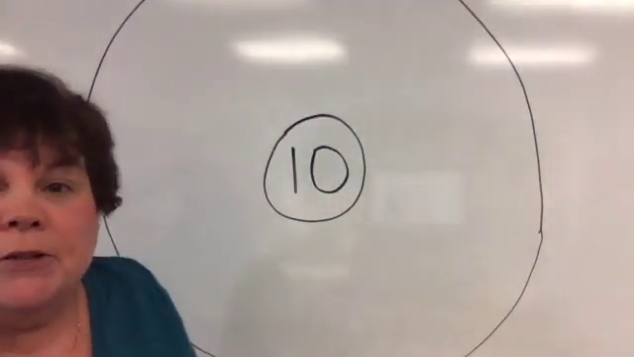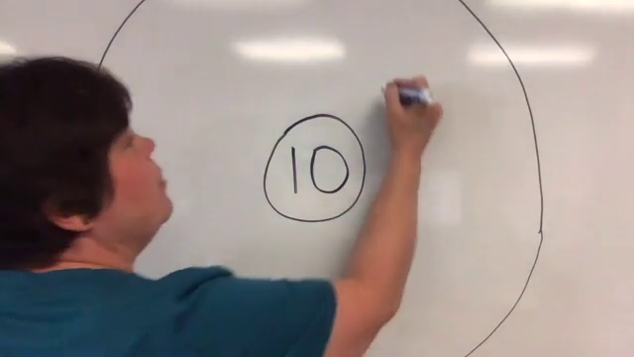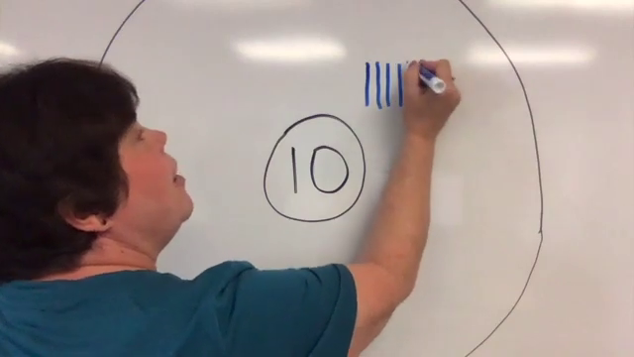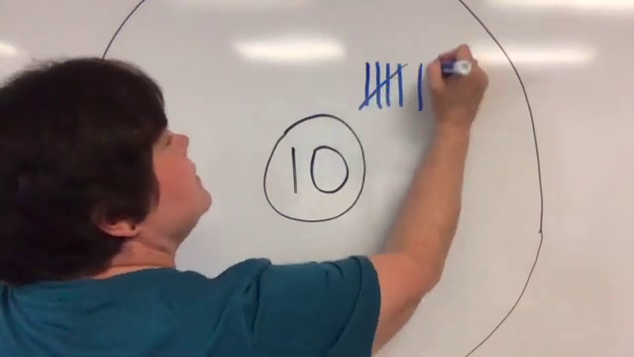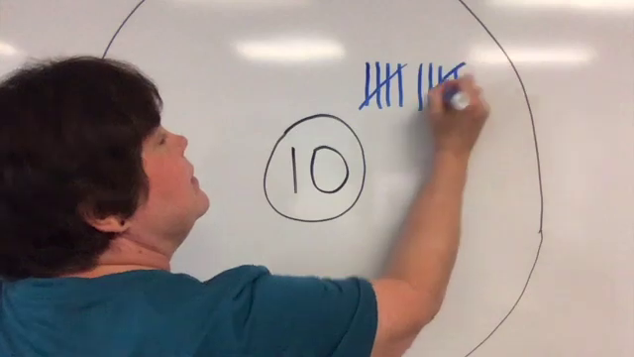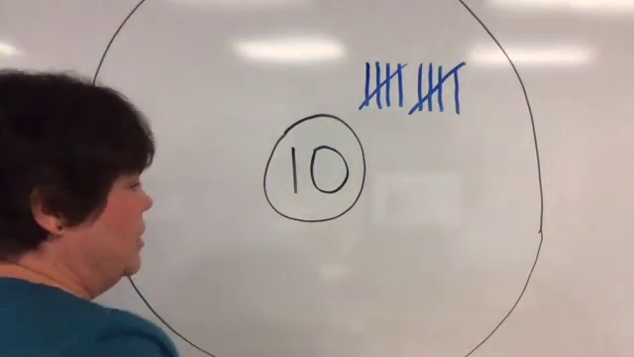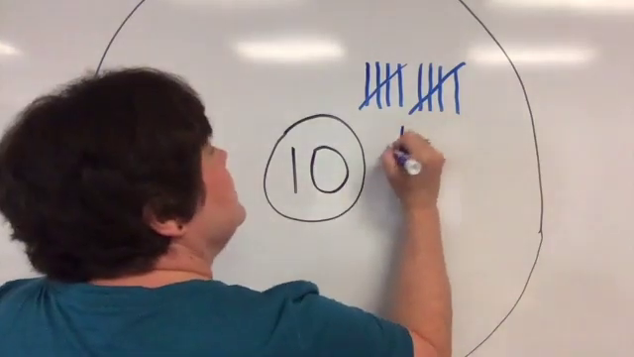Let's go through a bunch of them that we already know how to do. We know how to do tally marks. 1, 2, 3, 4, 5, 6, 7, 8, 9, 10. That would be the tally marks. Now we could do the word. T-E-N